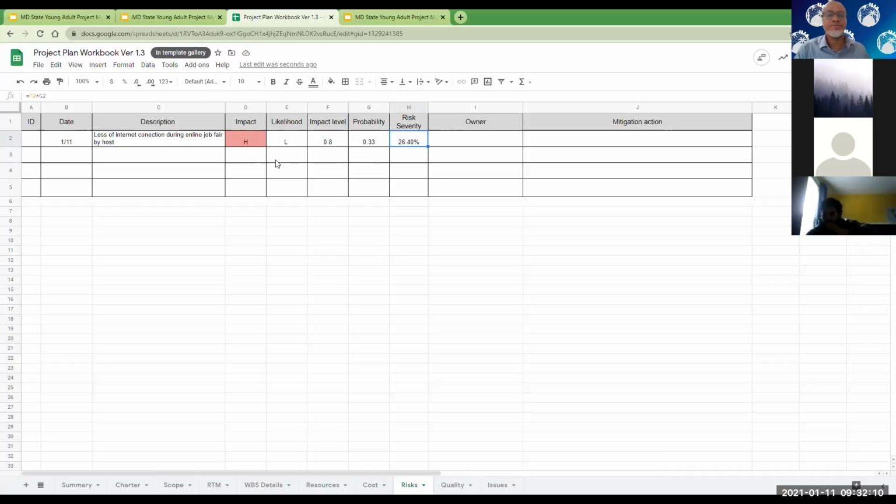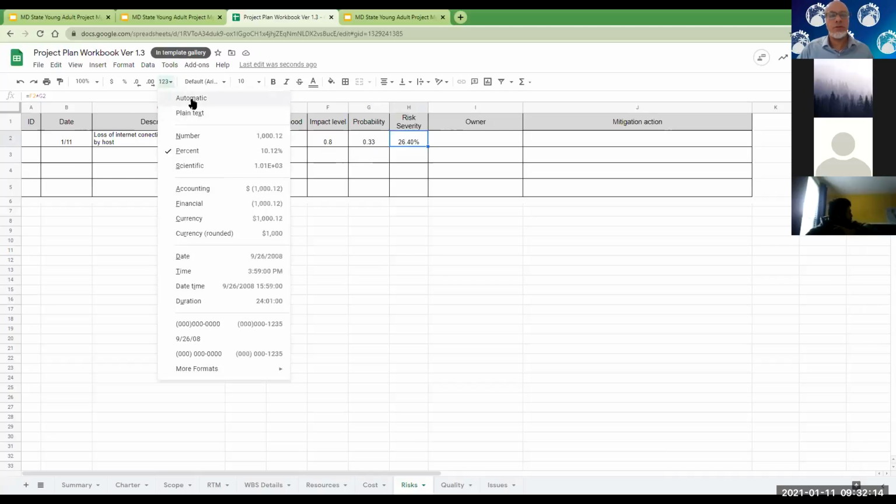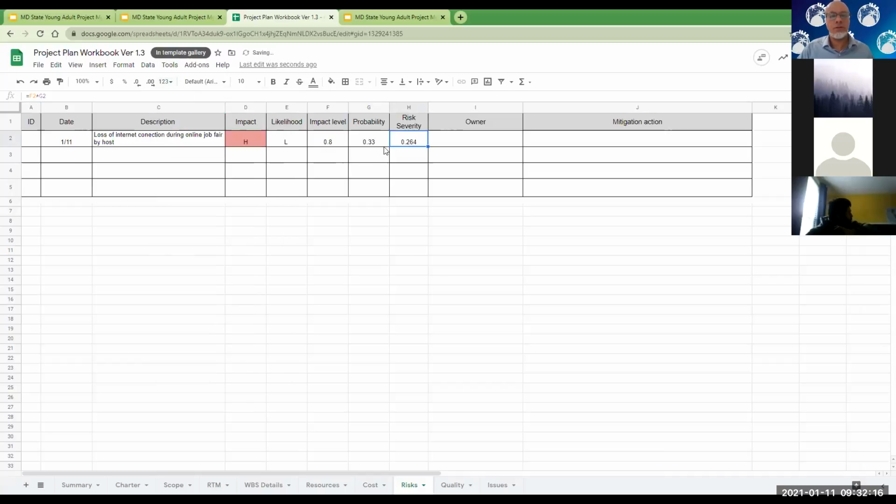Okay, so impact level is supposed to be how bad would things be if your risk trigger occurs? How bad would it be?